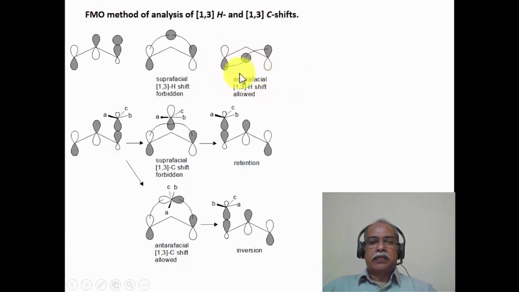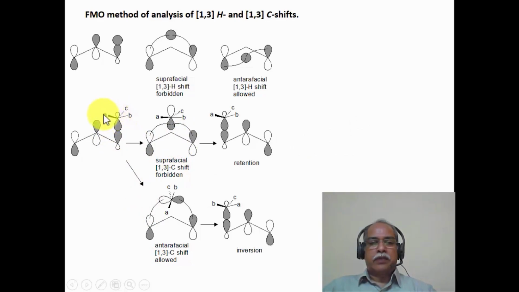So although Woodward-Hoffmann says that the antarafacial 1,3 hydrogen shift is an allowed process, it is seldom observed because the 1s hydrogen orbital cannot overlap. It is not big enough to overlap, for example, with the 1 position and the 3 position of the carbon framework. On the other hand, if you consider a sigmatropic migration of a carbon-carbon bond, the carbon